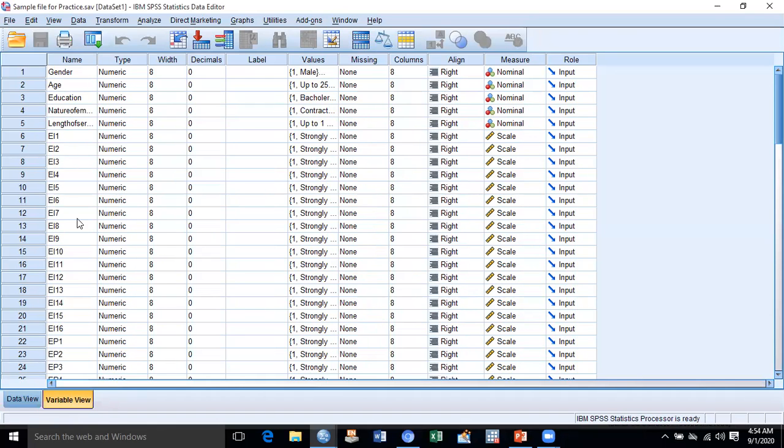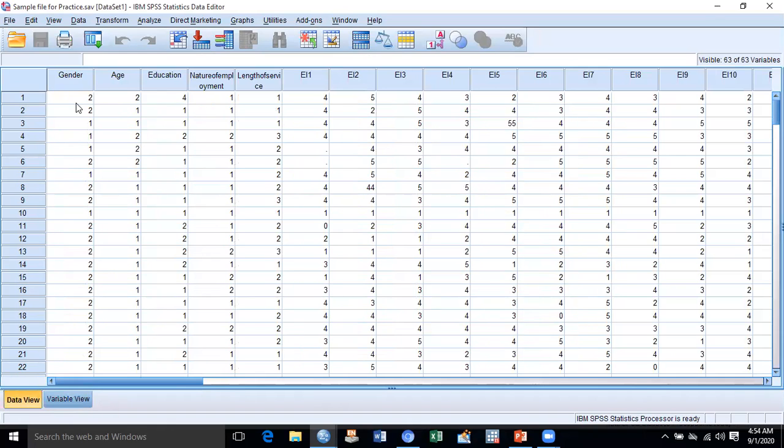Basically in variable view you can view the data variable wise, and after that in data view you can see the data in shape of numbering. Column wise, the variables are mentioned here, and their quantity as well.